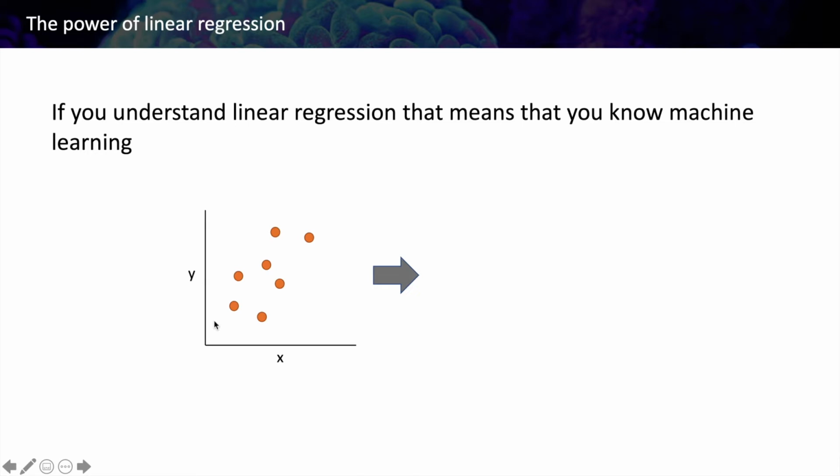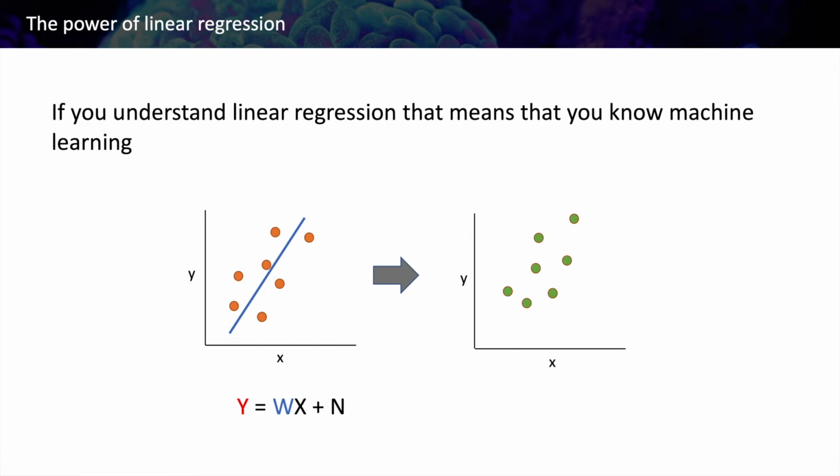Given a distribution of dots, like in this example, defined by two independent features, we can try to see if there is a pattern that relates the activity in one feature and in the other. Simply using a linear regression model, we can get the line that most closely represents the pattern of dots. Once we are able to fit this linear regression model, the objective will be to sample more data from the same distribution and see whether the weight information that we have fitted with our linear regression is also a property of new data sampled from the same distribution.